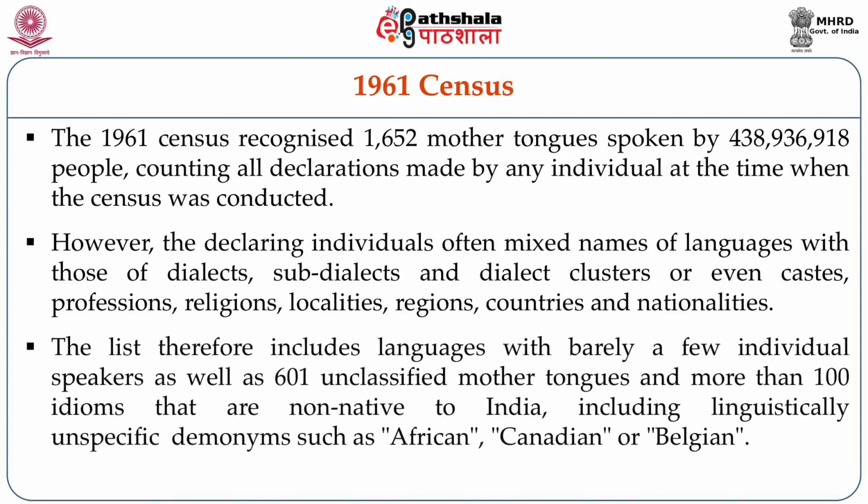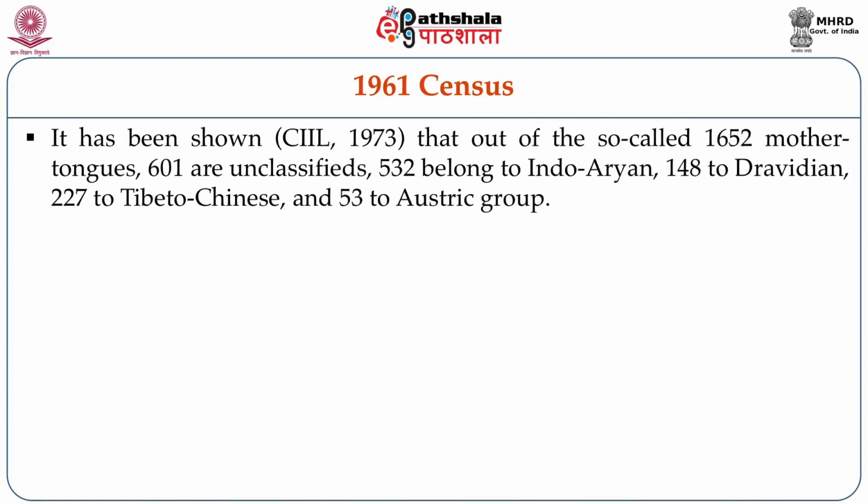The list, therefore, includes languages with barely a few individual speakers, as well as 601 unclassified mother tongues, and more than 100 idioms that are non-native to India, including linguistically unspecific demonyms such as African, Canadian, Belgian, etc. It has been shown in the report of Census of Indian Languages, Mysore, published in 1973, that